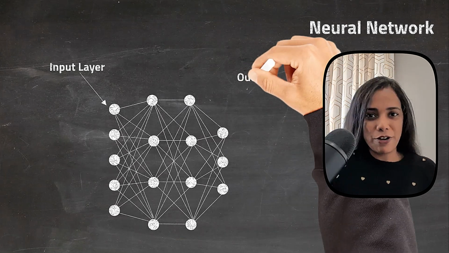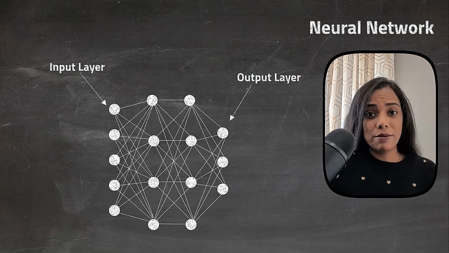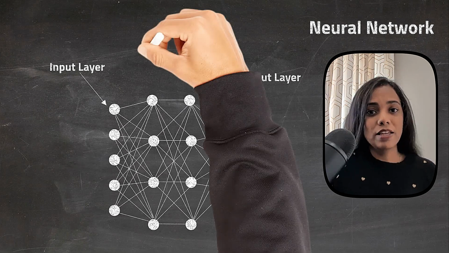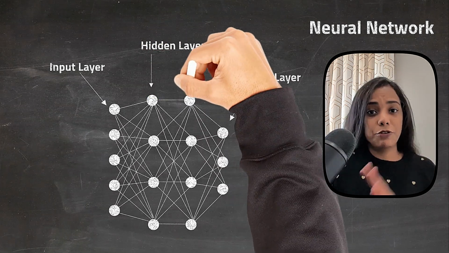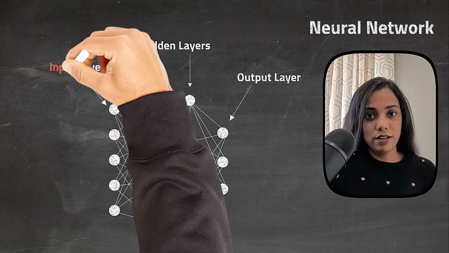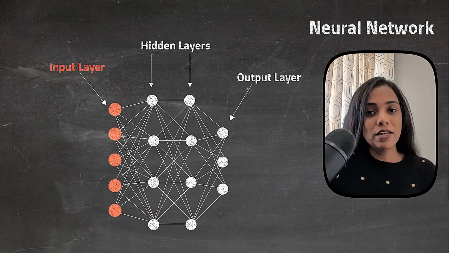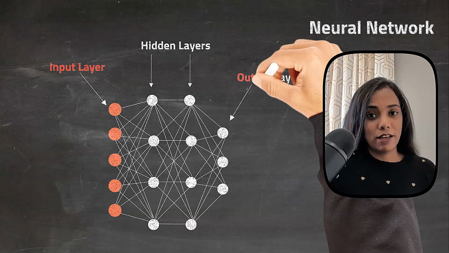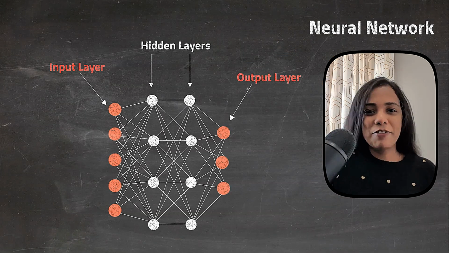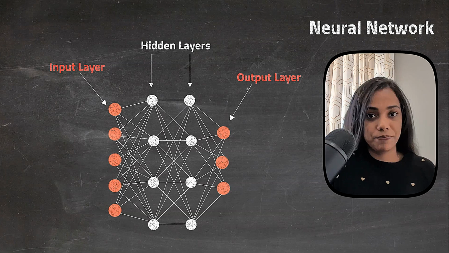We have layers of neurons, but instead of stacking them on top of each other, they're typically represented left to right. The first layer is called the input layer. The last layer is called the output layer. And everything in between is called a hidden layer. Each layer can have any number of neurons. The number of neurons in your input layer is typically determined by the type of data that you intend to train the network with.